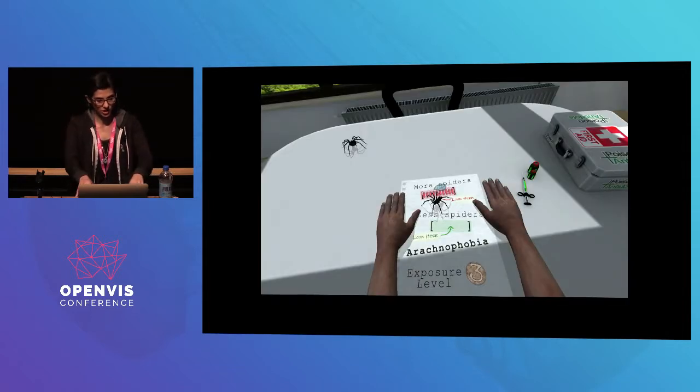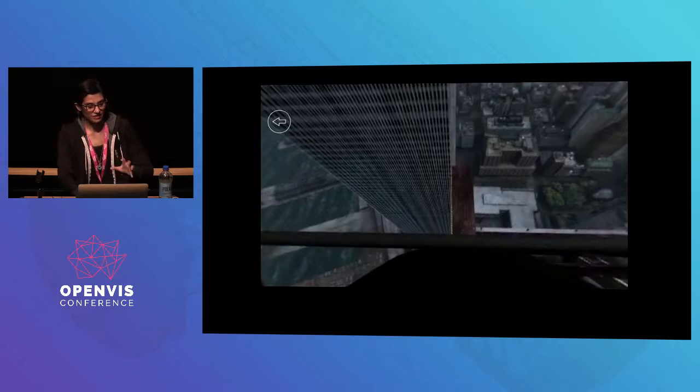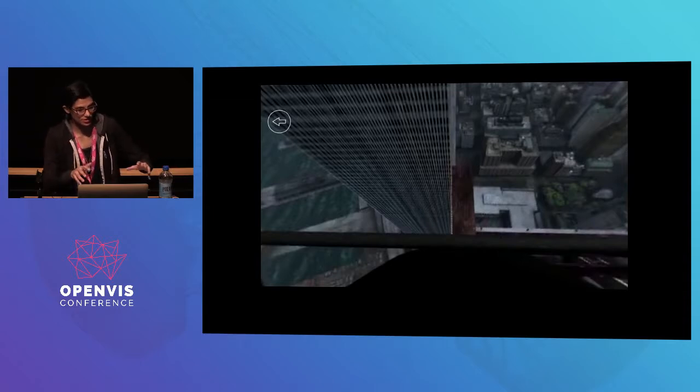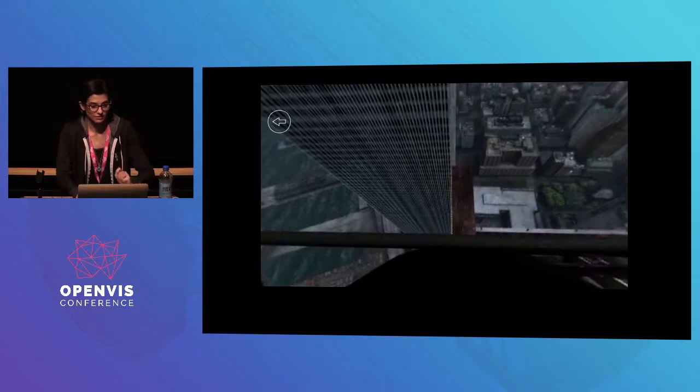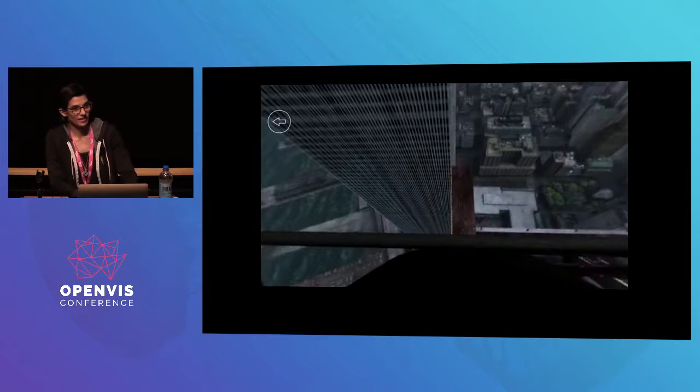This is one where you put your arms out in front of you, and you've got this thing on your head, and there's a spider on the table, and man, it really feels like that spider is about to crawl on your arm. You get chills up your arm. It's crazy. This is a visualization someone made of the walk on the tightrope between the Twin Towers, and you look down, and you're like, oh man, that really feels scary. So it hacks your brain in a way that I've never experienced before. It really creates a depth of emotion that I think people are really excited about.